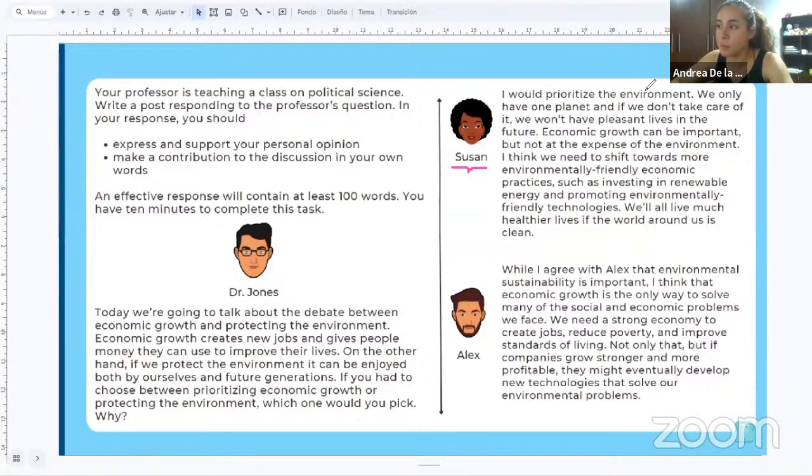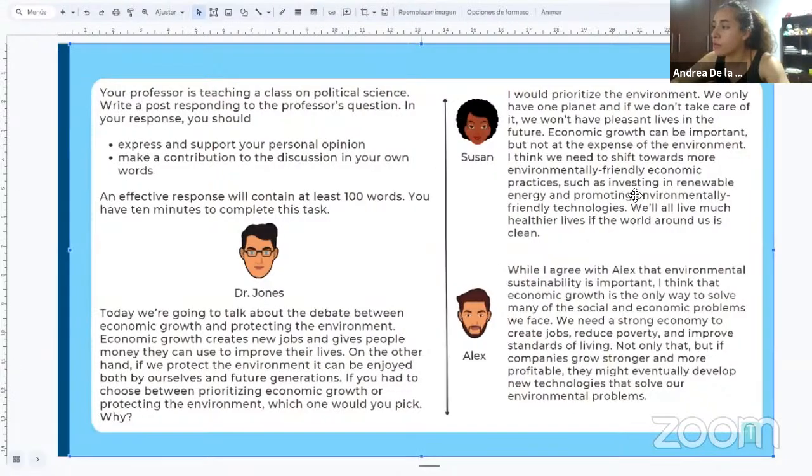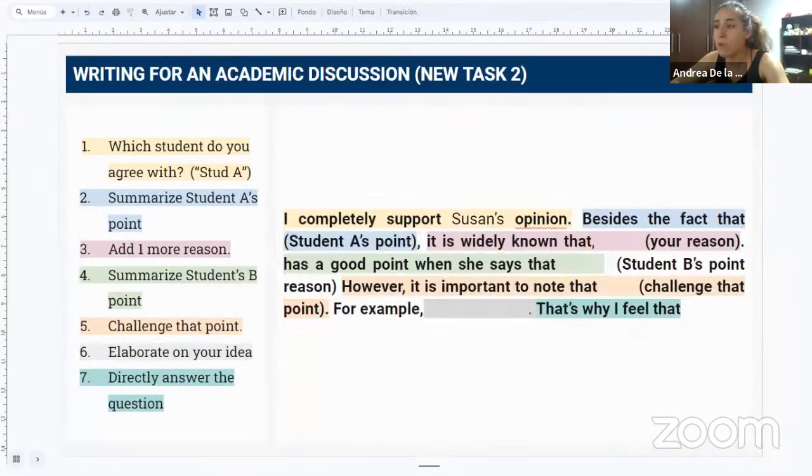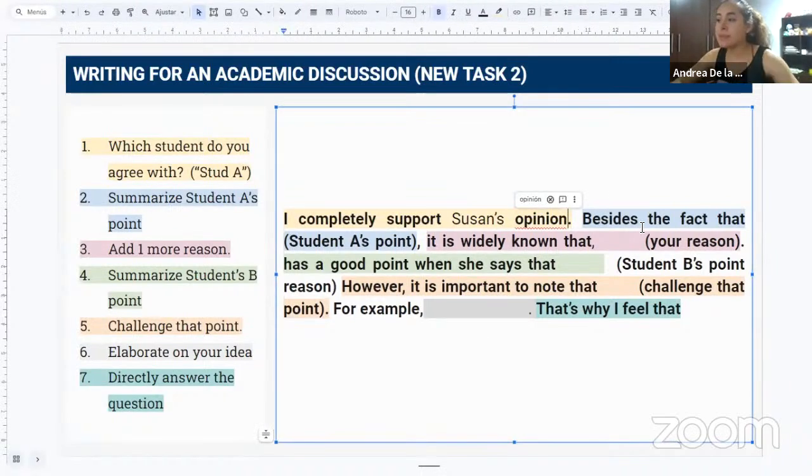So Susan says that she would prioritize the environment. Why? Because we will have healthier lives in the future, right? That is what she said. We will have pleasant lives in the future. So we're going to summarize that. We're going to mention it in our response as well. How? We're going to say, I completely support Susan's opinion. Besides the fact that, esto significa, además de lo que ella ya menciona, además de que el hecho de que